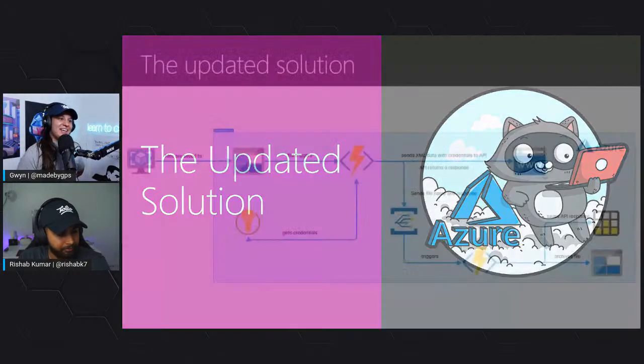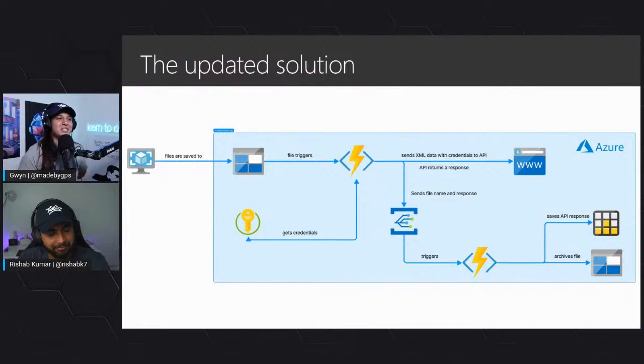So yes, we are talking about having a messaging service, and I would add another function, because that initial function was doing a little bit too much. So I would now abstract away the archiving, so the actual moving of the files and the saving of the response to table storage, to another function. That way that initial function can scale to process as many files as it needs to without hitting any performance issues.